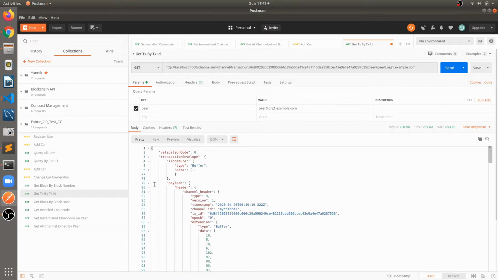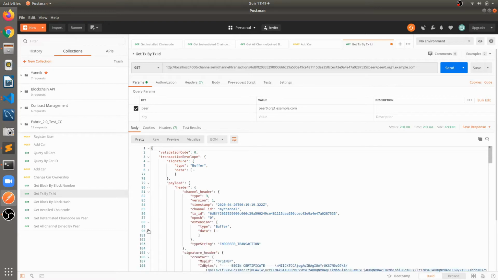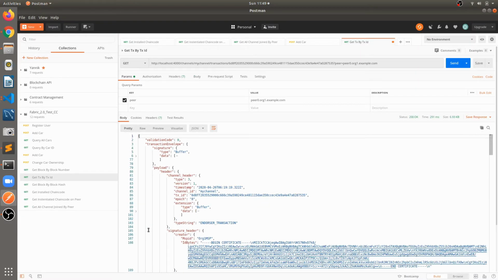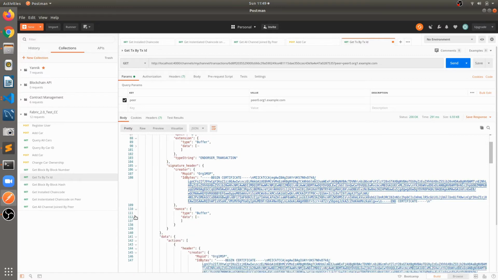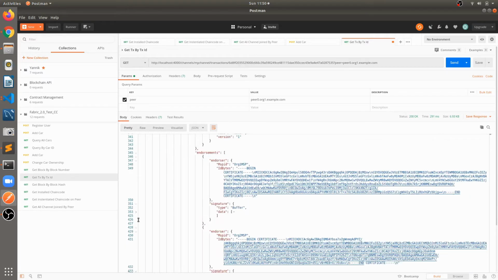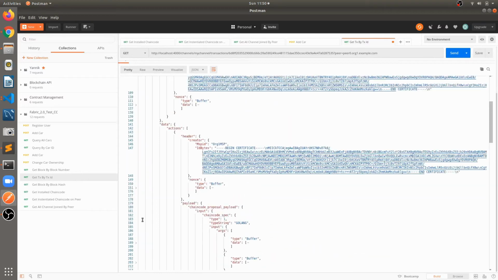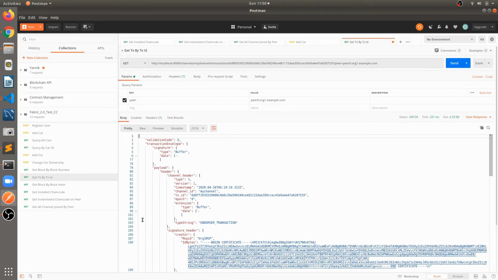Just let me minimize this. Yeah, so let's start from the top. Inside the transaction envelope, all the information related to the transaction is available.